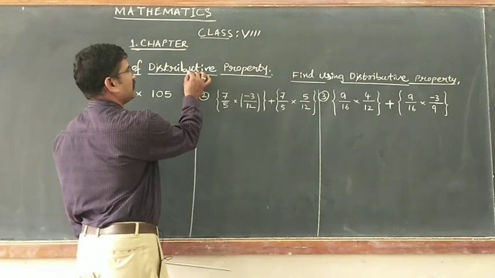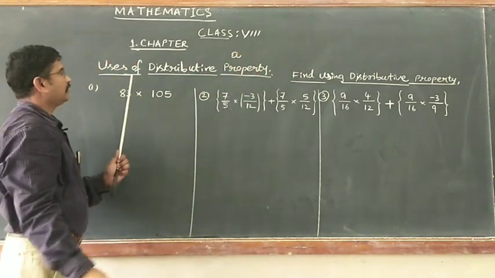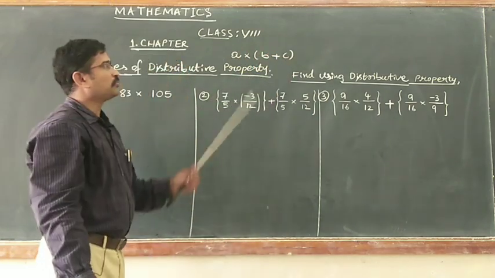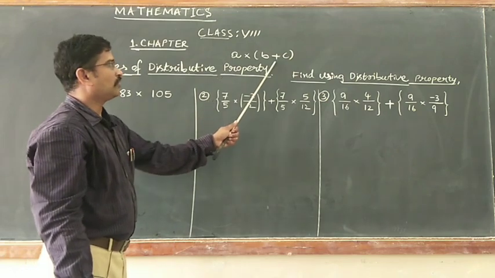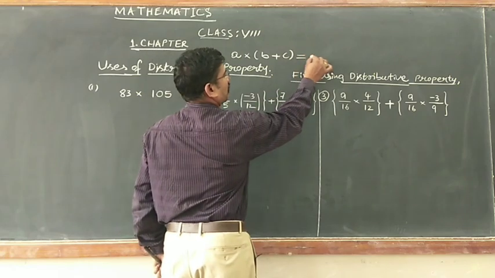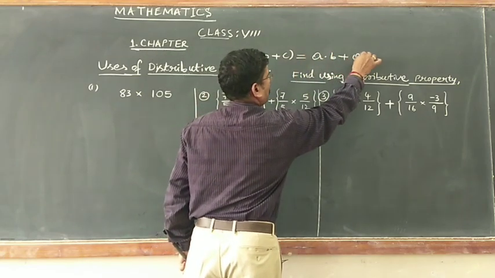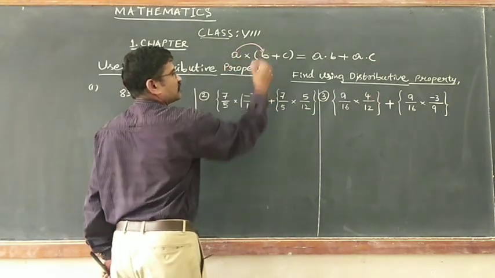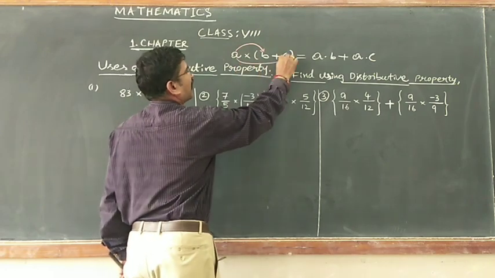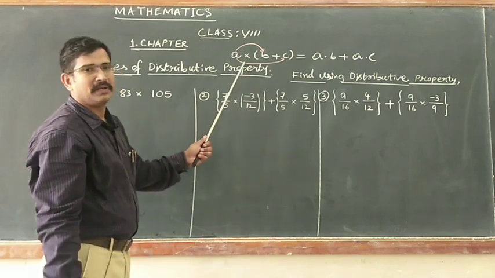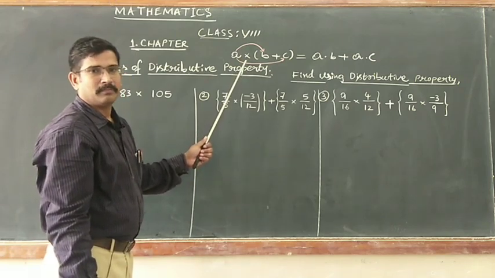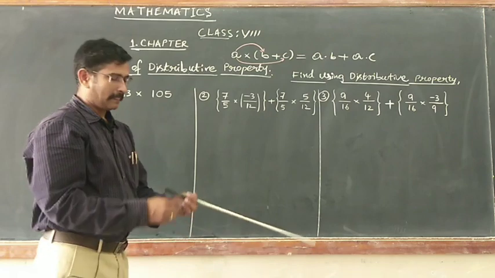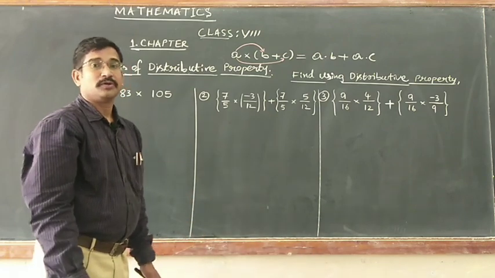You know what is the meaning of distributive property? Using distributive property, multiplication of A over the sum of B and C says that this A is distributed over B and C. We have seen the geometrical meaning, mathematical meaning of multiplication over addition, distributive property. Here we will try to know the use of it.